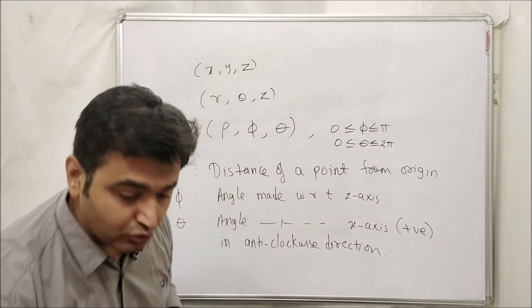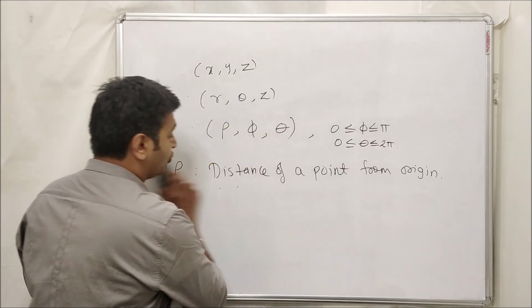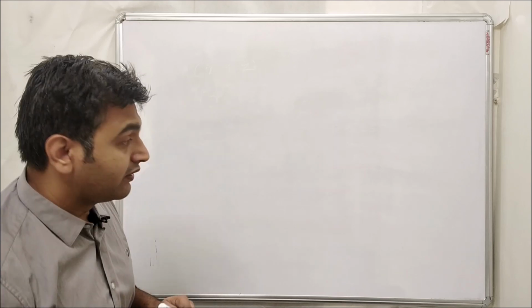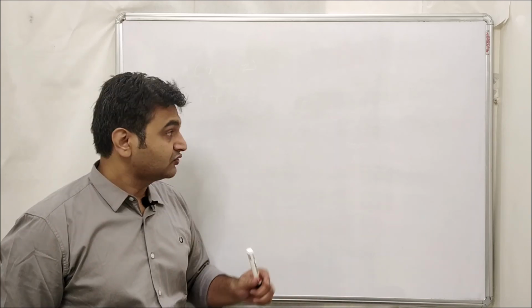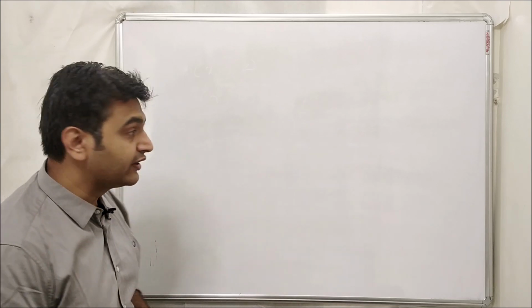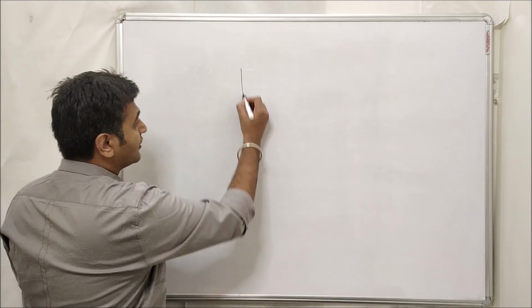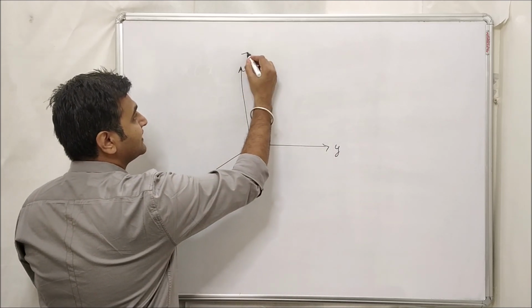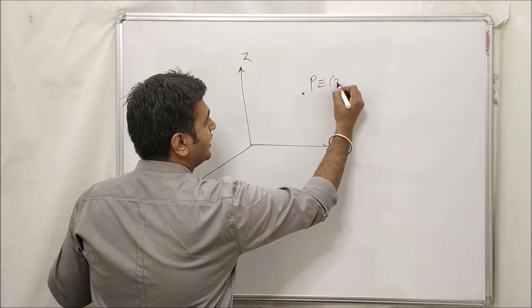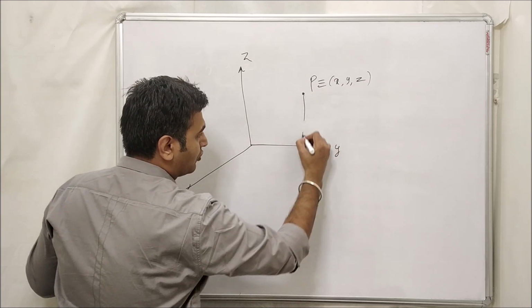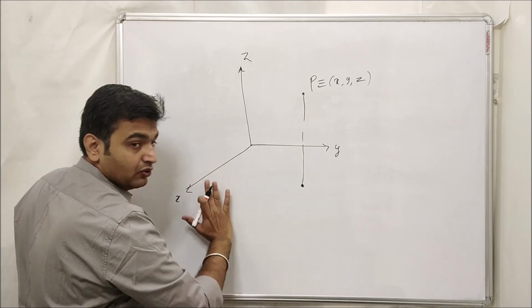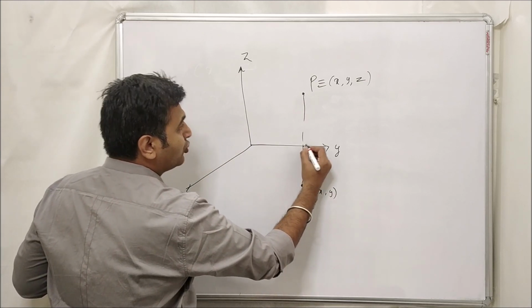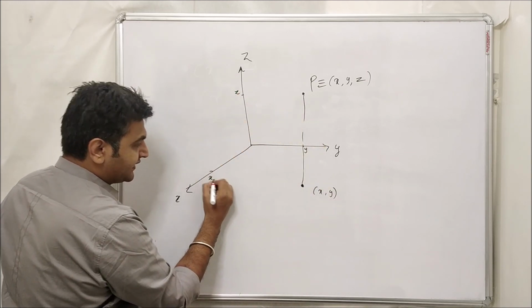Now usually when you talk about spherical coordinate systems, you always see the transformation where you replace x by something, y by something, z by something. How does that something come into the picture? Instead of stating that directly, let's try to derive it. For that I need to draw a point in three-dimensional space. This is my x, this is my y and this is my z. You take any point P over here, which is x comma y comma z, and you call its projection, this is my xy plane, over here as x comma y. So this is my y point over here, this is my z and this is my x over here.